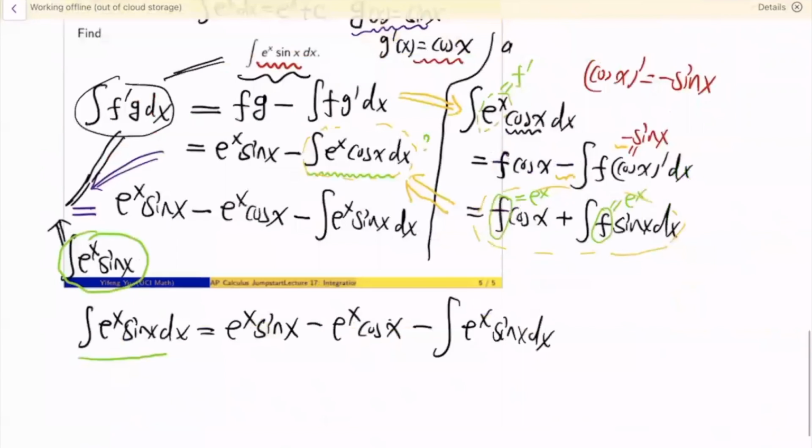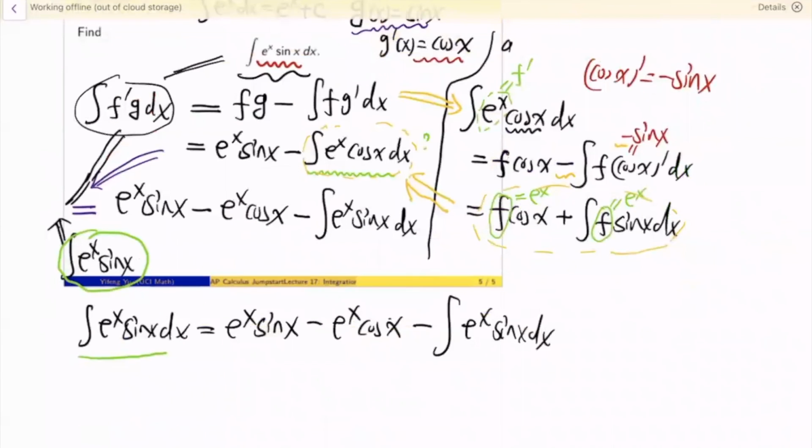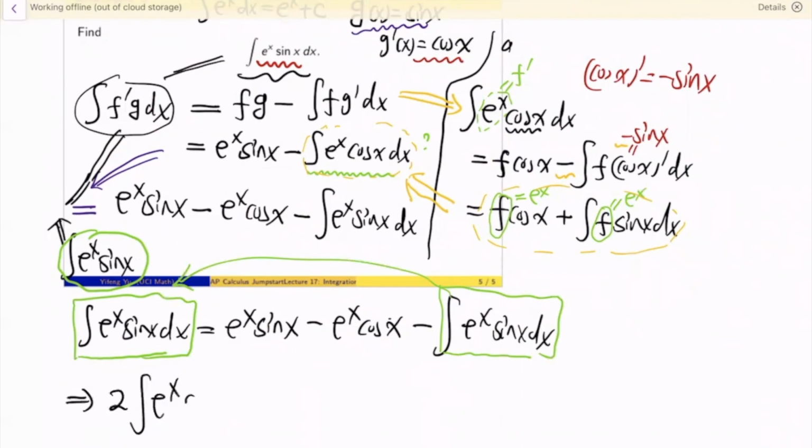But here, when you look at this equation, you still haven't gotten rid of the e^x sine x. But they are exactly the same. It's just two copies. If you move this to the left-hand side, you get two copies of the antiderivative of e^x sine x dx,